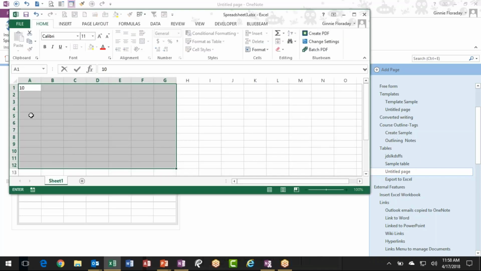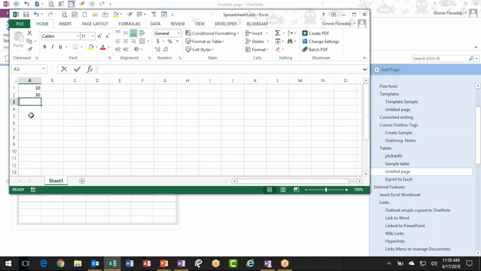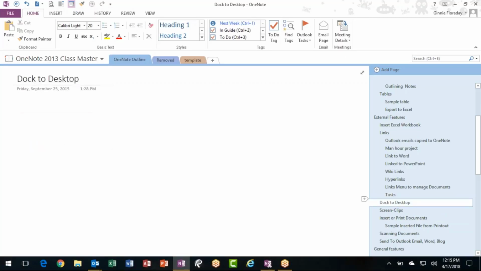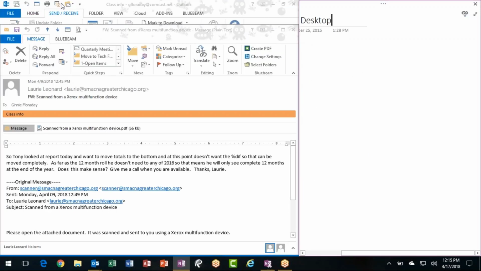There's my spreadsheet, so I can go in and there you have your spreadsheet. Dock to desktop. This is very helpful because sometimes you want to look at two documents at the same time. Here's just an example. I can go into this feature. Let's click on it, normal view. This is dock to desktop, and it just allows you to pick, this is the last screen that I was in,